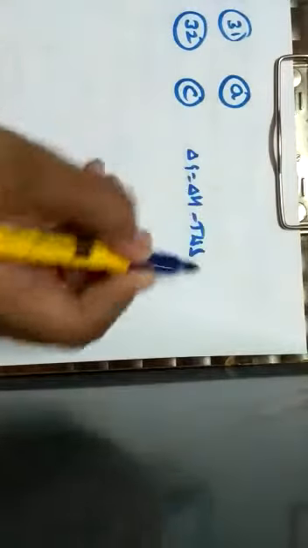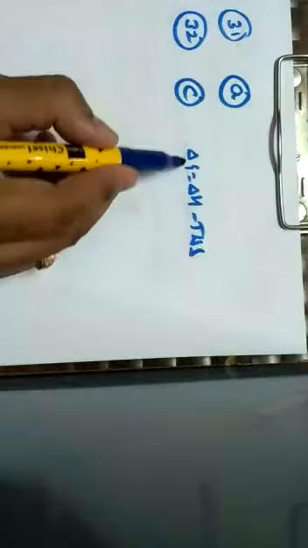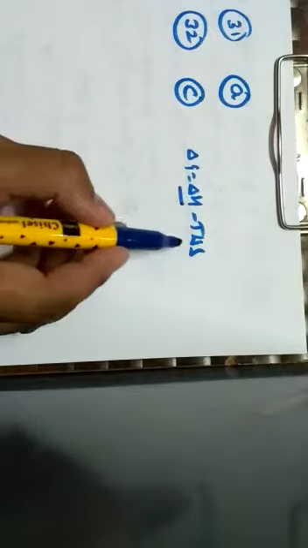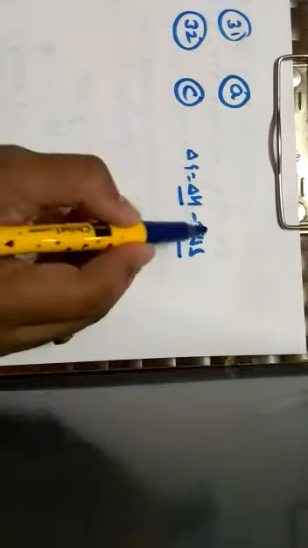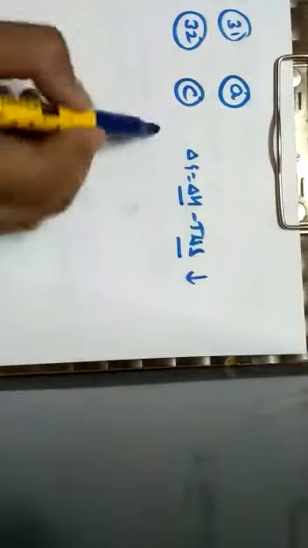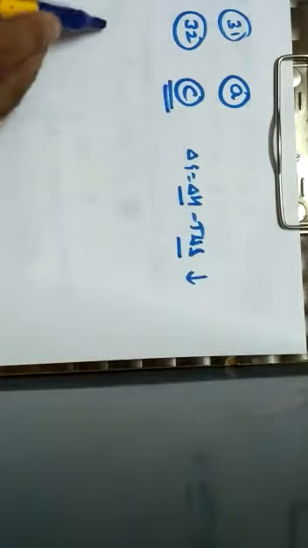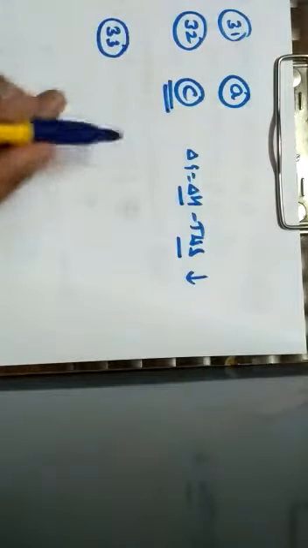According to the equation delta G is equal to delta H minus T into delta S, they have said that delta H is negative and delta S is also negative. So the rate of a reaction tells that as both delta H and delta S are negative, the rate of a reaction increases when the temperature goes on decreasing. Hence the correct option is C. Last question, that is question number 33.